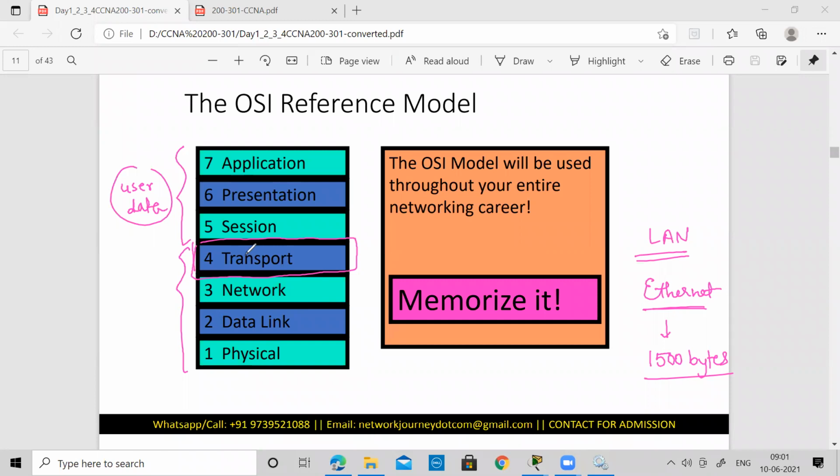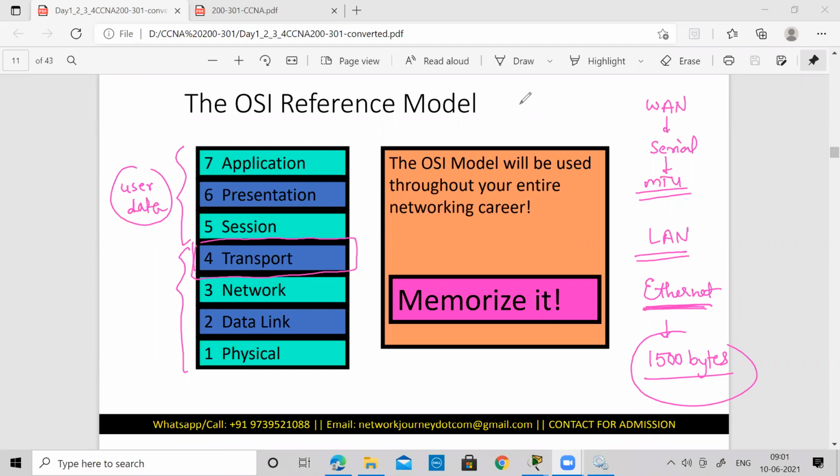Okay, so the transport layer will see what your underlying mechanism is. This is for Ethernet, which is 1500 bytes. For a different underlying technology, like serial communication over a WAN, a wide area network, the maximum transmission unit will be different from 1500 bytes. So depending upon your underlying mechanism or technology, we try to see the amount of information I can carry.